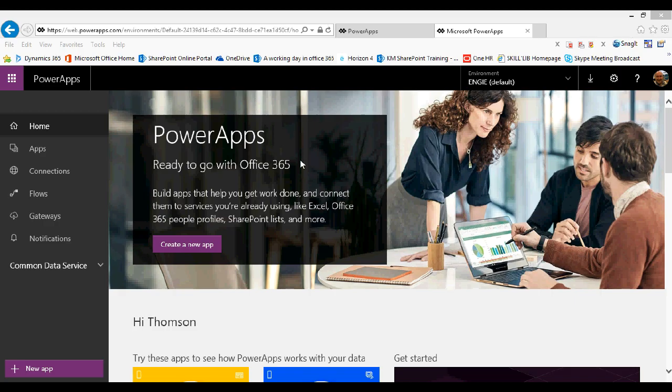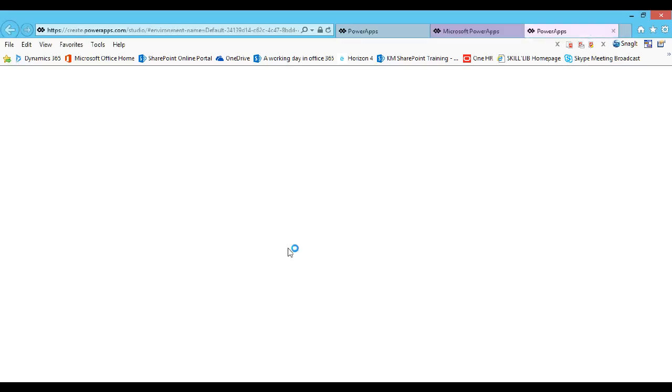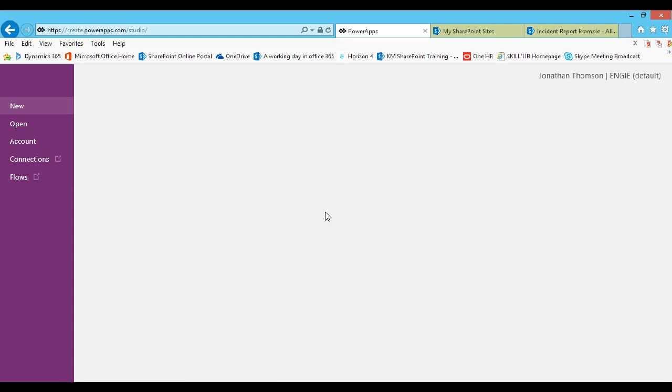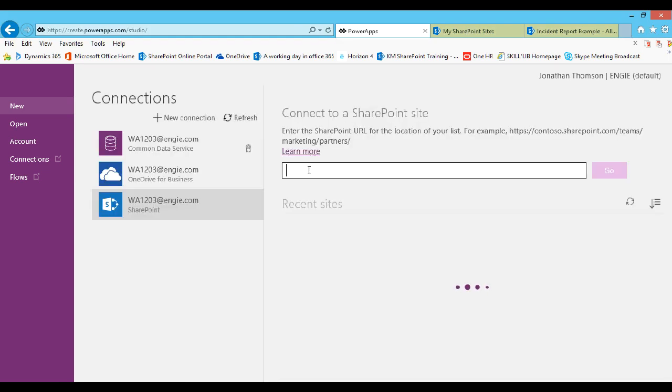So once PowerApps is loaded, what we simply do is click Create a New Application. The PowerApps editor window will then start to load on the screen. So here we are in the Power Applications main menu. What we're going to do is select SharePoint, because we're going to link to a SharePoint list, and we'll keep the phone layout. So we simply click that,